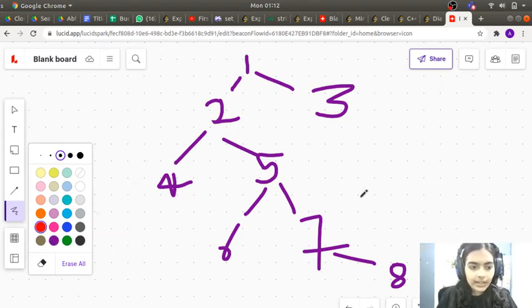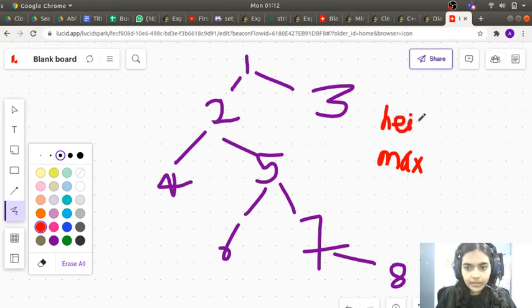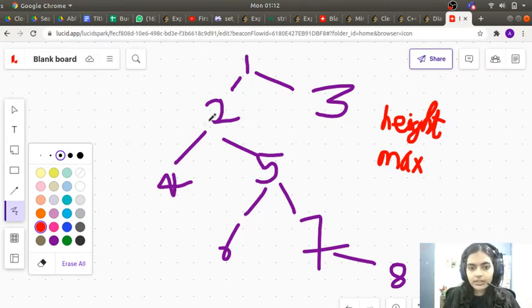So let's declare a variable max to find the maximum number of connections, and let's declare another variable height to find the height at each step. Okay, and let's see how we can solve this question. So what we are going to do is recursively call this function with root nodes differing each time. So for example, 1 is the root node, then it's going to recursively call the function again on its left child and then on its right child and so on until it encounters null. So when null is encountered, then we can return 0.